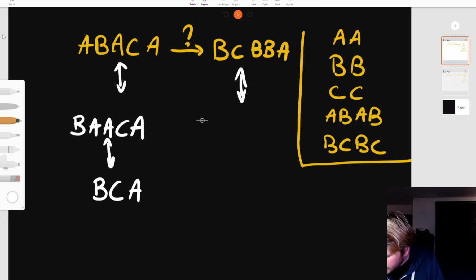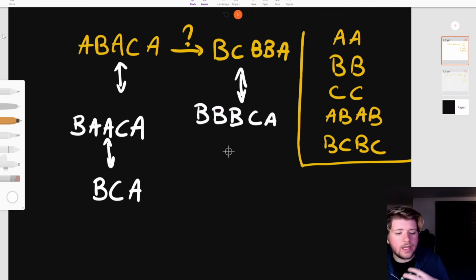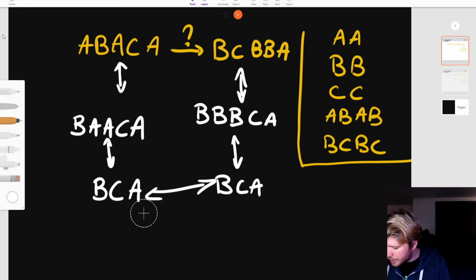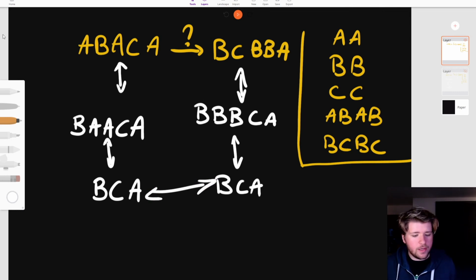The second string, we will put the B's to the left as well. So B, B, B, then CA. And then I will want to reduce all the groups of odd size to 1 and all the groups of even size to 0. And here, the triple B, we can remove those two, and this will give us BCA. Since all those operations are reversible, this gives us a way to go from one string to the other. And if that canonical representation was different between those two strings, well, there would be no way to go from one to the other due to the way we built that representation.